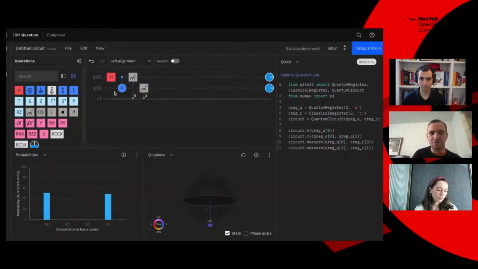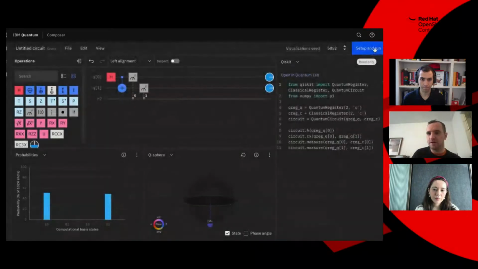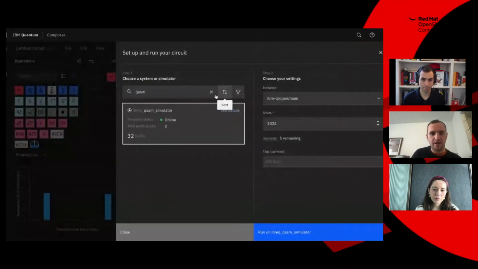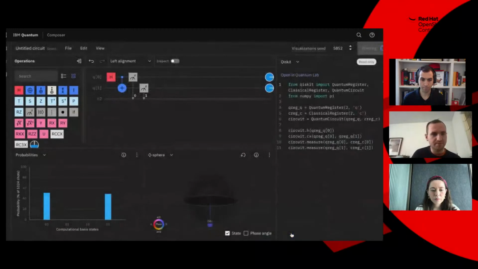So don't worry if that was a bit quick. The point here is really just to show you how to use the composer. If you want to run it on a real quantum computer, you click on that button on the top right, set up and run. And then here you'll see a list of devices that you can use. Some will have a little queue. This is just a simulator, and it can simulate up to 32 qubits, and I can choose how many shots I want to do, how many repeats of the circuit, and then you just click run,